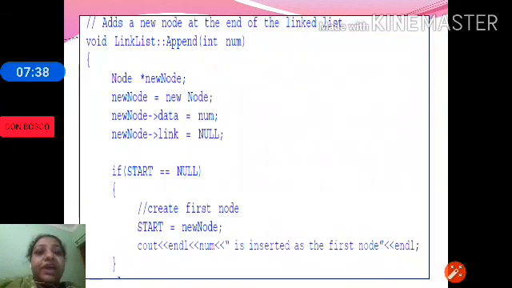So here we have a member function to add a node at the end of the linked list, and the function name is append, and the data value is given. Node, new node. We are creating a new node and we are adding the data and we are making the link as null.